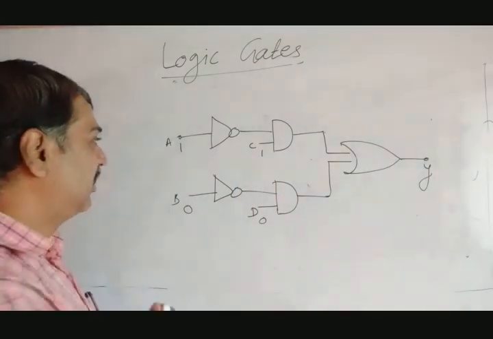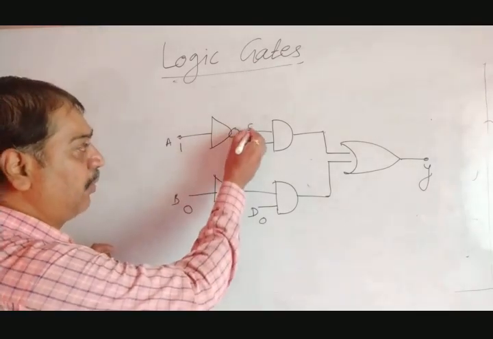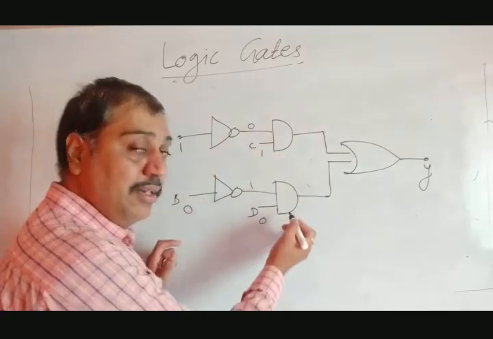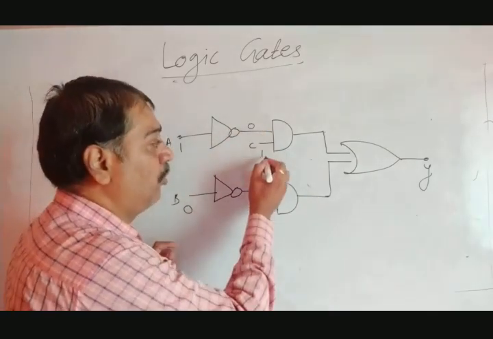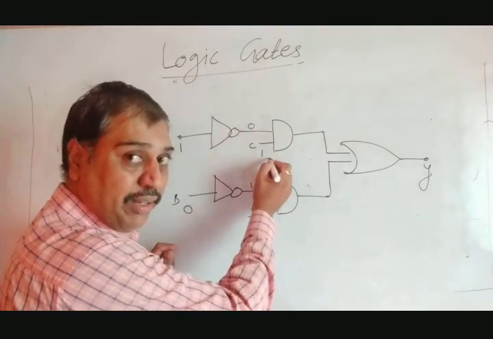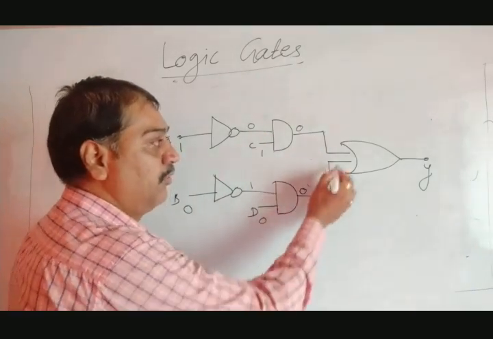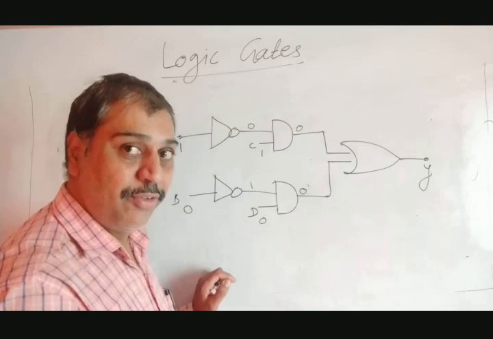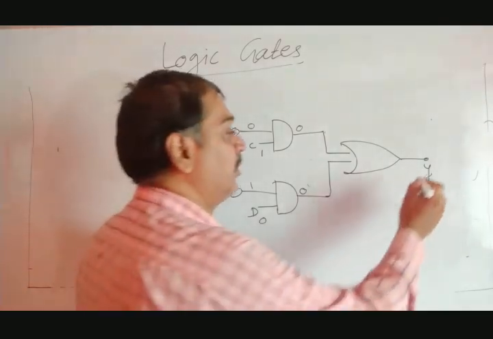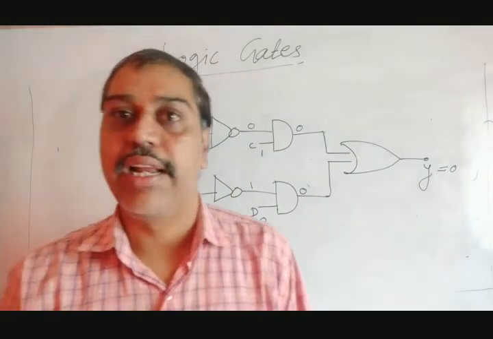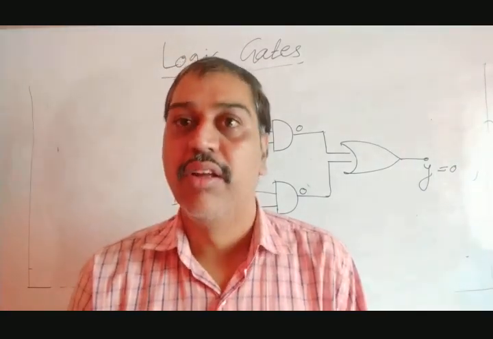How can you find it? This is 1, it comes 0 here. 1 0, it comes 1 here. This is an AND gate, this again an AND gate. So 0 1 into the AND gate, only 1 1 gives 1, the remaining are 0. So the remaining are 0. 0 0 goes to the OR gate: 0 0 gives 0, the remaining are 1. So the output would be 0. In this fashion, any complicated network can be solved.